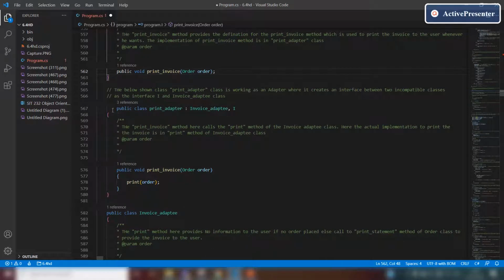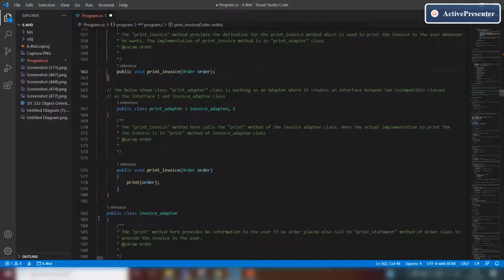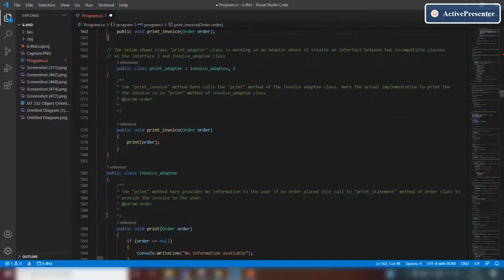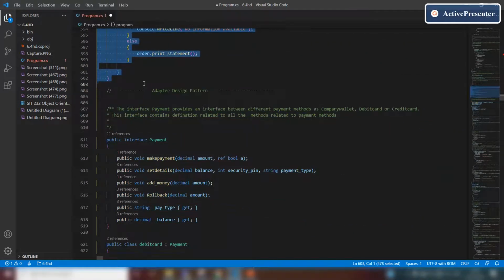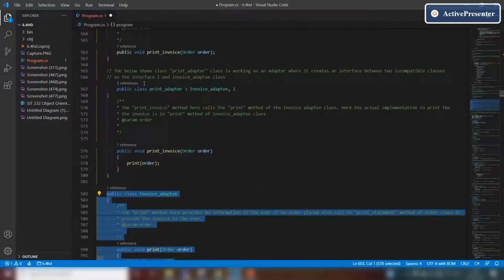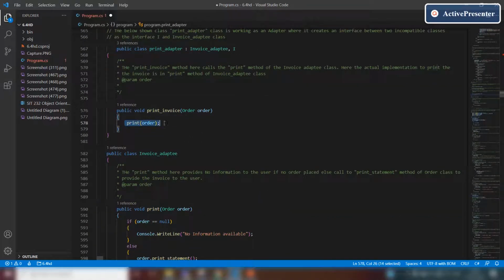Then I have created a print adapter class which is inheriting from interface I, and this print adapter class is also inheriting from invoice adaptee. Now the print adapter class contains the actual implementation of print invoice, which is shown in the interface, and it is actually calling the print function.